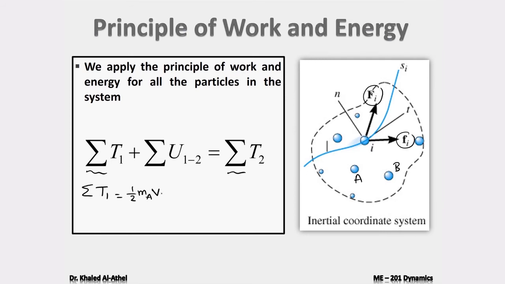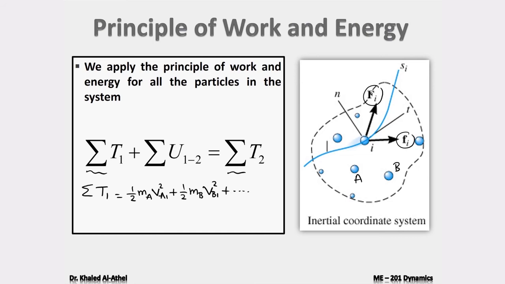m_A v_A1 squared plus half m_B v_B1 squared, and so on. And the same thing can be done for T2. Okay? Now, one important thing